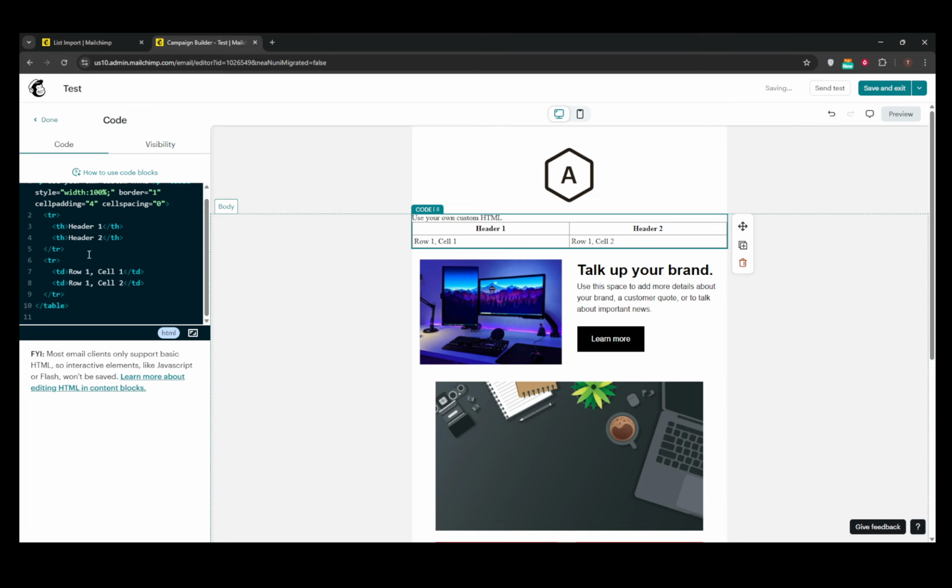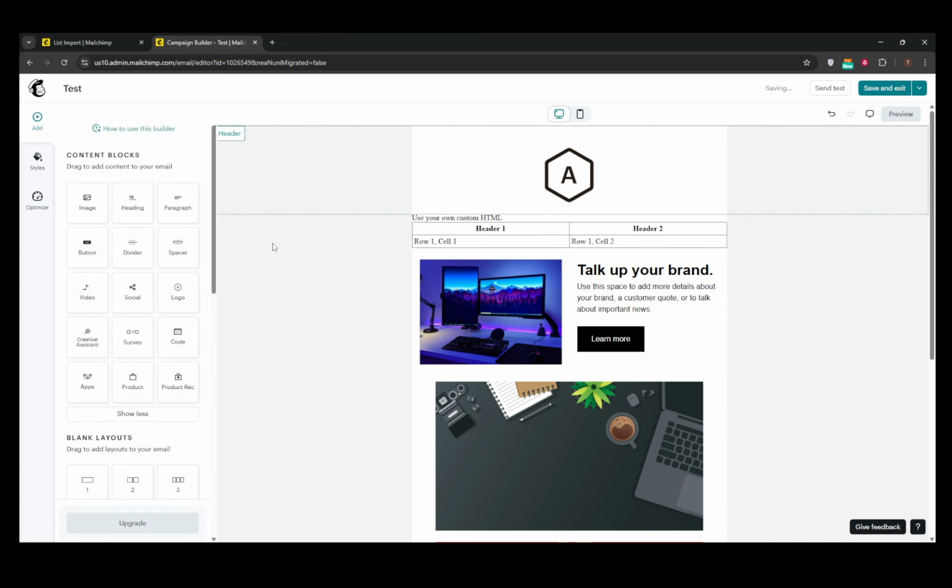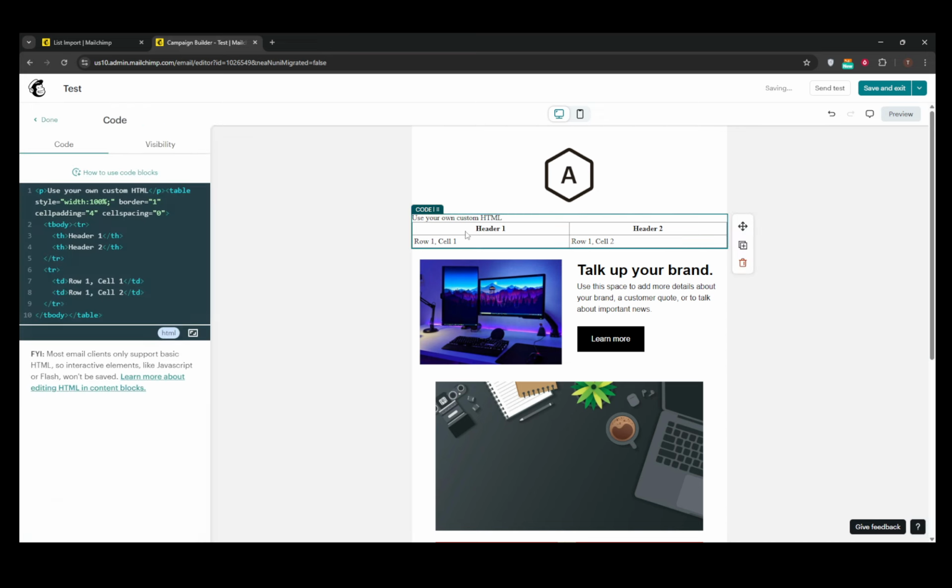After you've carefully placed your HTML table code into the editor, it's crucial to take a moment to review what you've inputted. Double-check that you've closed all your tags properly. A tiny oversight in your HTML can lead to display issues when your email reaches its destination. Once you're satisfied with the format and content of your table, the next step is to click Save and Close. This action will embed your table into your email, meaning it's now ready to be sent out to your recipients